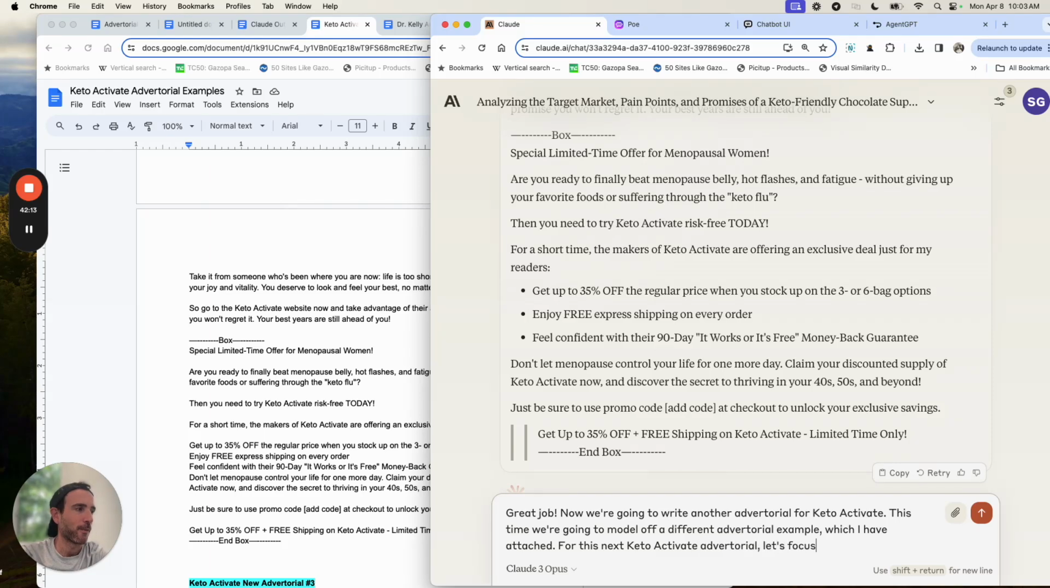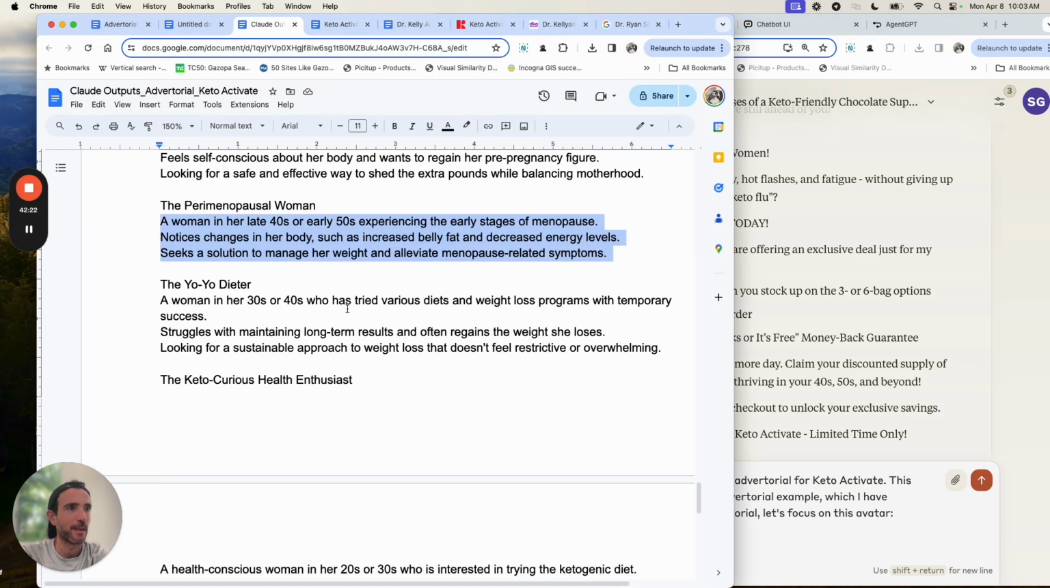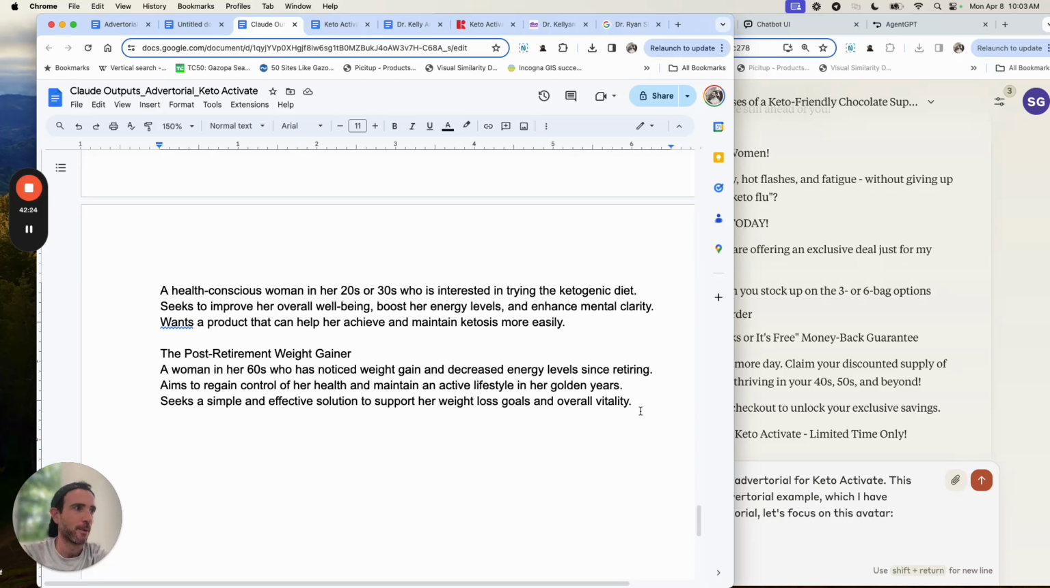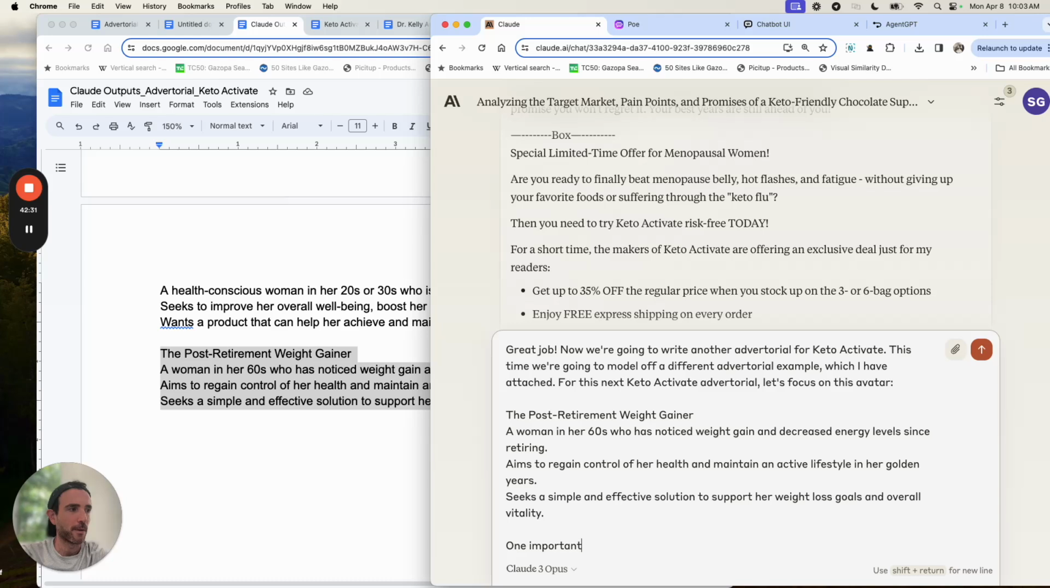advertorial, let's focus on this avatar. I'm going to put that in a second. Let's see. For the avatar, how about the post-retirement weight gainer? One important note,